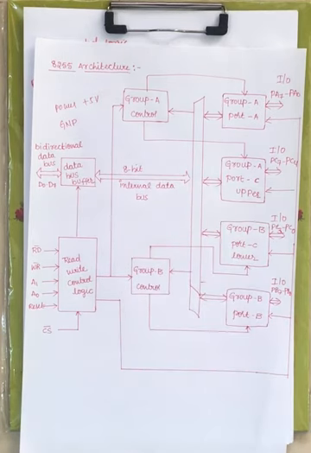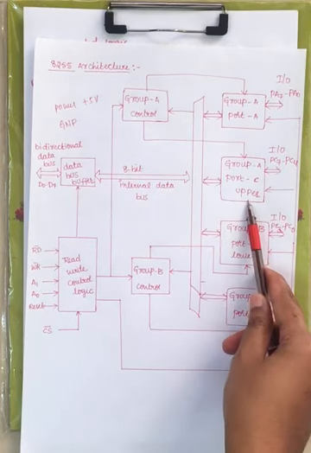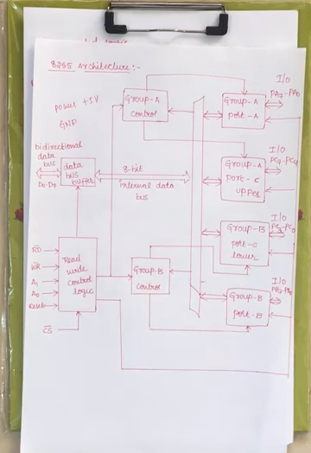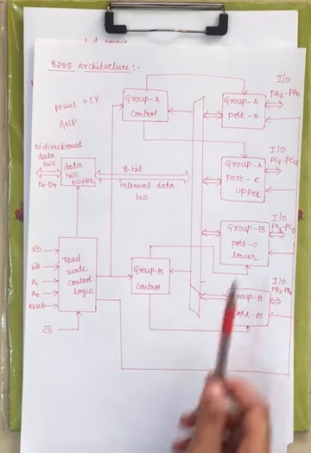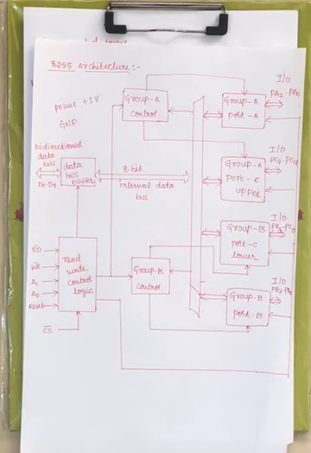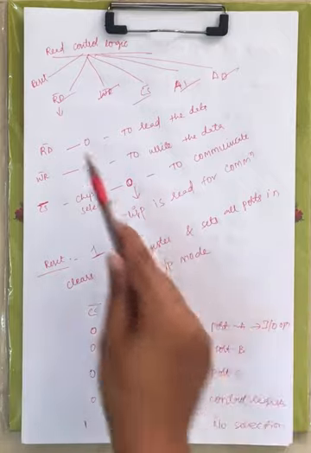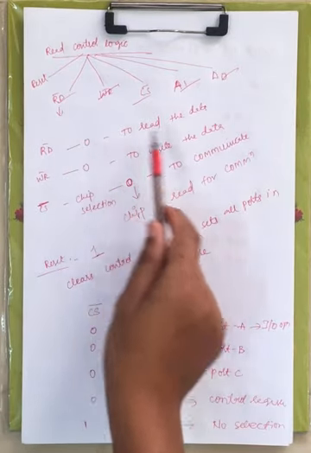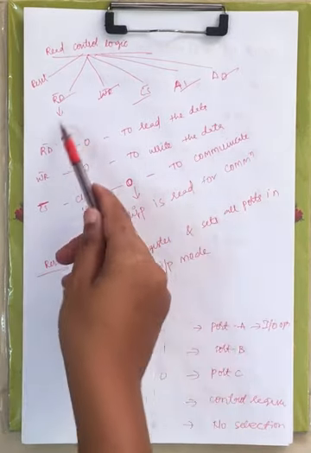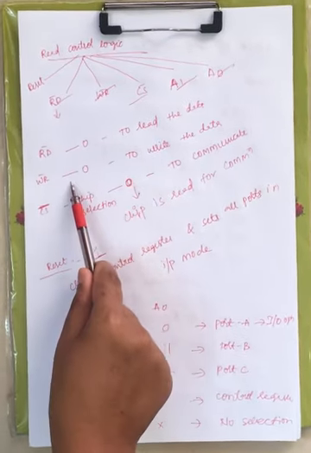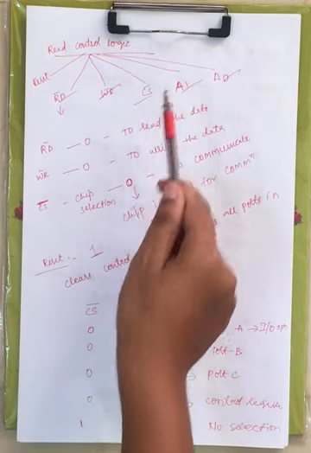Coming to group A, port A with port C upper is group A. Port B with port C lower is group B. Now, the data bus is 8-bit, used to read or write data. The left out part is the read write control logic. This includes the read signal, which should be logic 0 to read the data, and the write signal, which should be logic 0 to write the data.